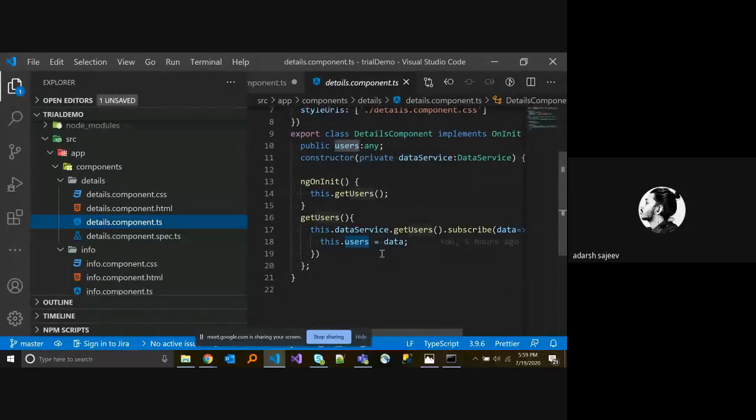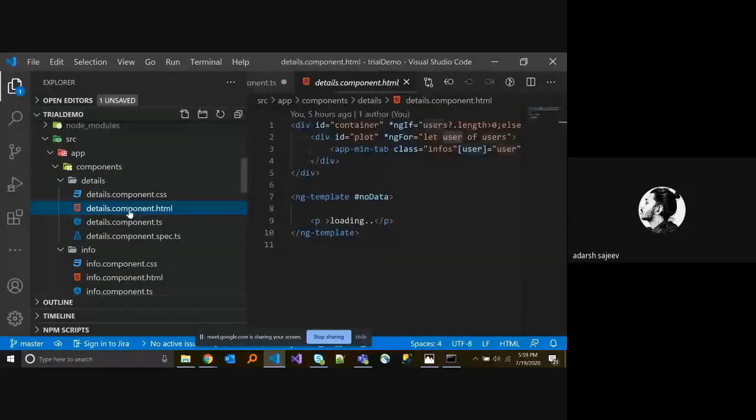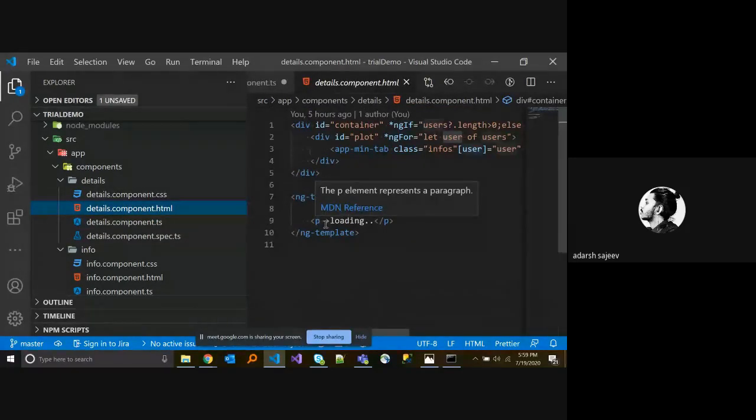So I am talking about the interpolation first, then I will go to the property binding, event binding, and two-way data binding. So interpolation, property binding,